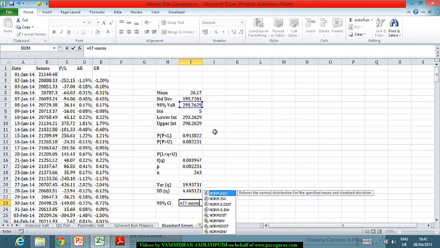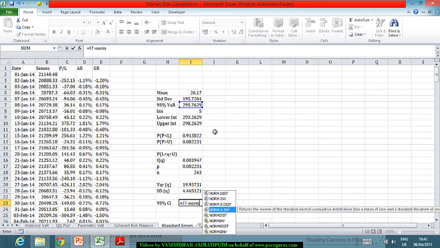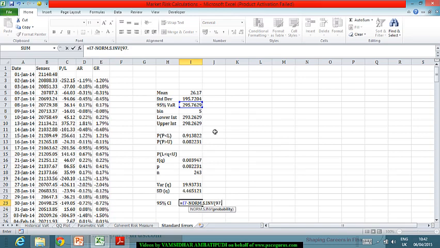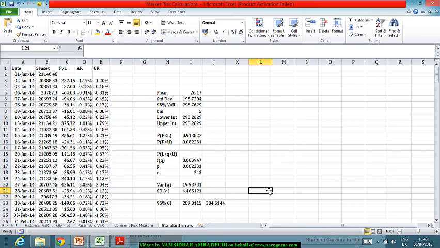I'm going with a 95%, so I'm going with a norm inverse of 97.5% times the standard deviation, which is this one. So 287.01, and on the higher side I'm taking the equivalent plus. So it is working out that the 95% confidence interval for the value at risk in this example is anywhere between